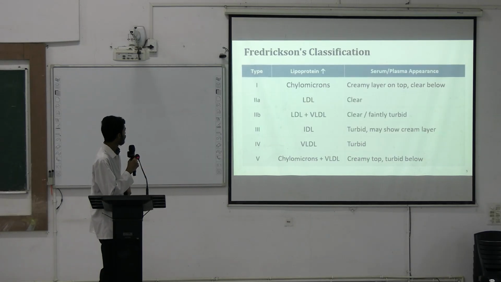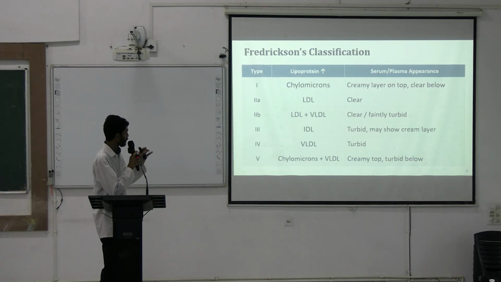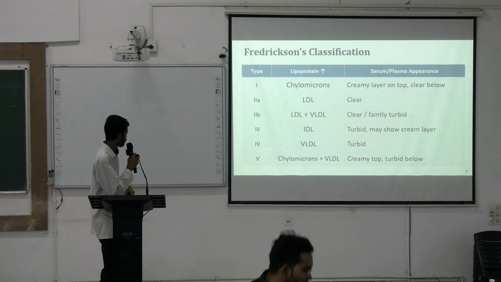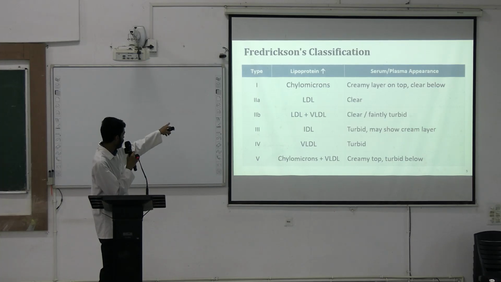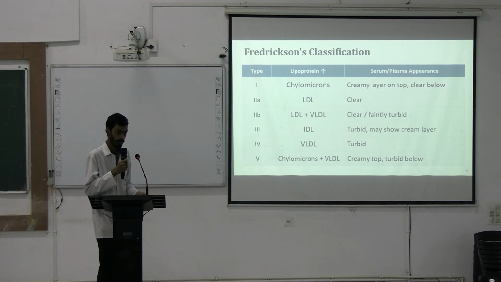Next, depending on which type of lipoprotein is increased, a classification is made. So type 1, there is type 2A and 2B, then type 3, 4, and 5. Simultaneously, the lipoprotein which is increased is written. Type 1 chylomicrons, type 2A LDL, type 2B LDL plus VLDL. Type 5 is